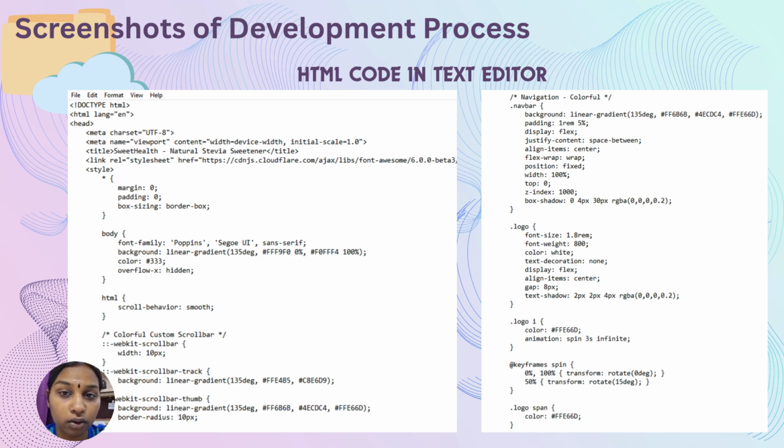Instead of reading the code, I'll point out three core design achievements visible on our slide. The first is modern document setup and typography. On the left side of the screen, you can see our core HTML setup. We have included crucial meta tags for responsiveness, ensuring the viewport scales perfectly across mobile devices. We also integrate the popular Poppins font family to give the website a clean, modern, and highly readable feel.